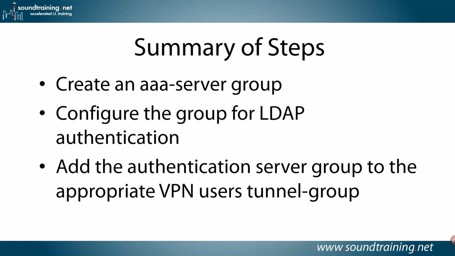Here's a summary of the steps. This is almost identical to setting it up, say, for Kerberos. You'll create an AAA server group. That's authentication, authorization, and accounting, if you're not familiar with that. You'll configure the group to support LDAP authentication, and you'll add the authentication server group to the appropriate VPN user's